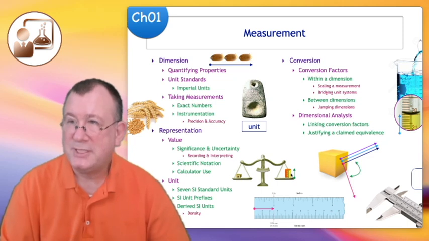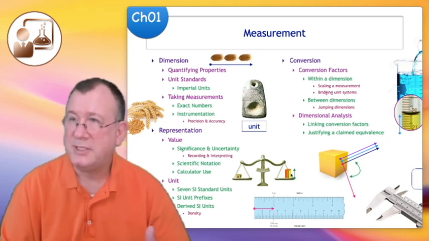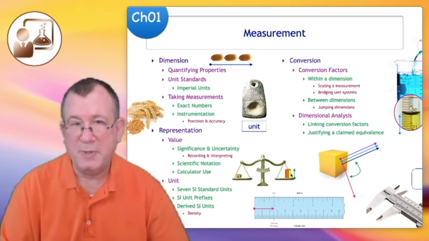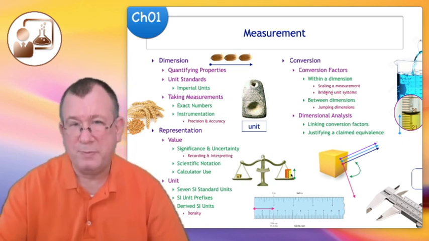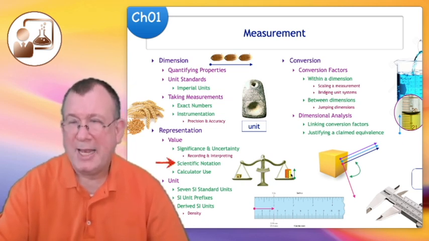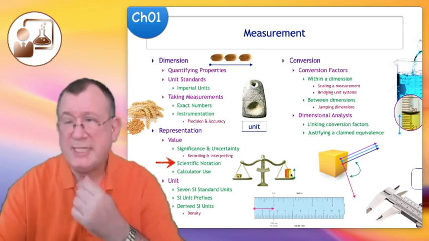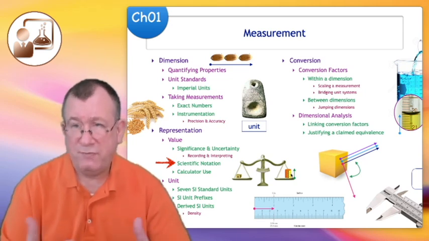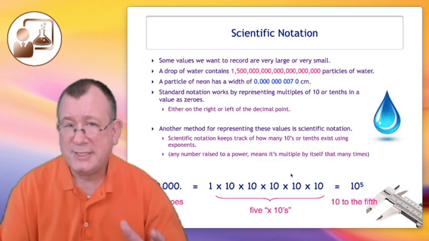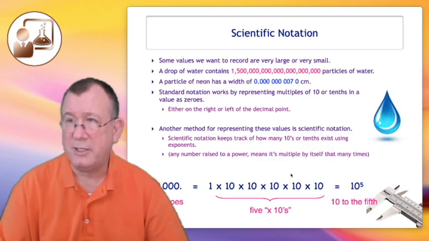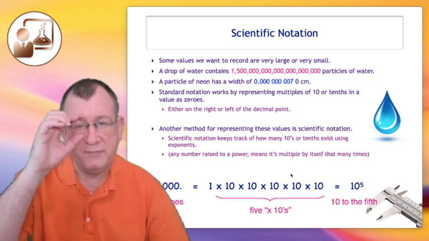All right, so this is how we take measurements, this is how we record measurements, and this is how we interpret other people's measurements. Let's talk about scientific notation. Scientific notation is a great trick because you've already seen that being clear about significant digits can have some challenges. Your book probably tells you right now, scientific notation